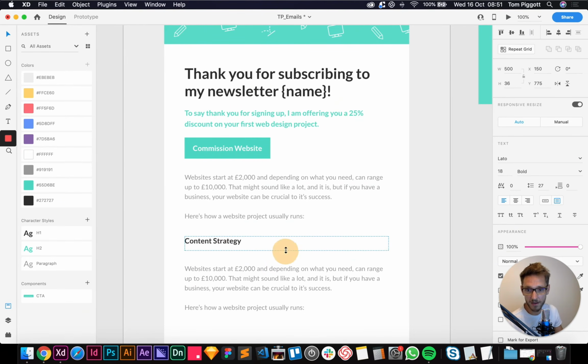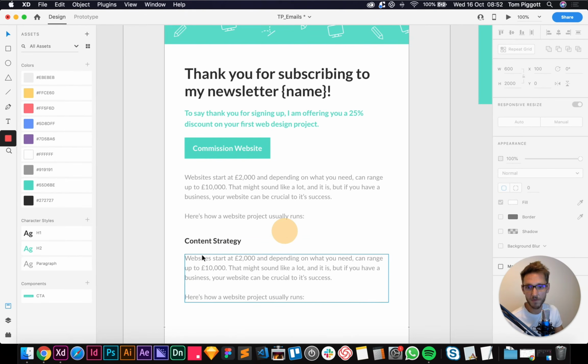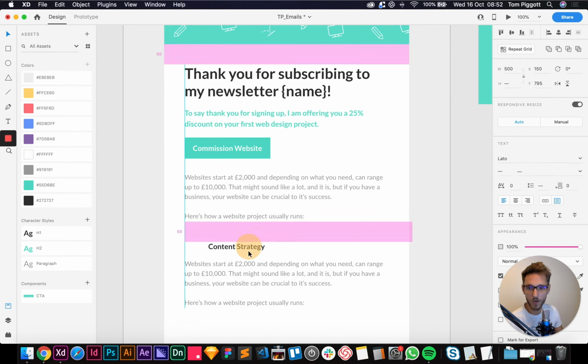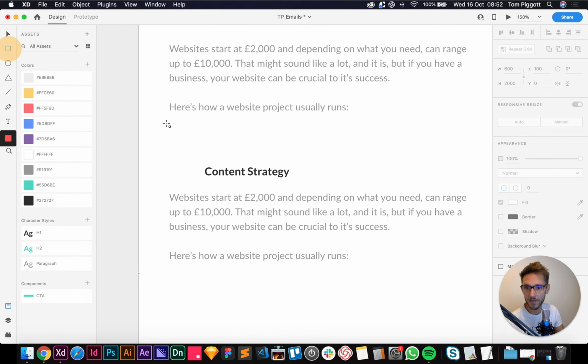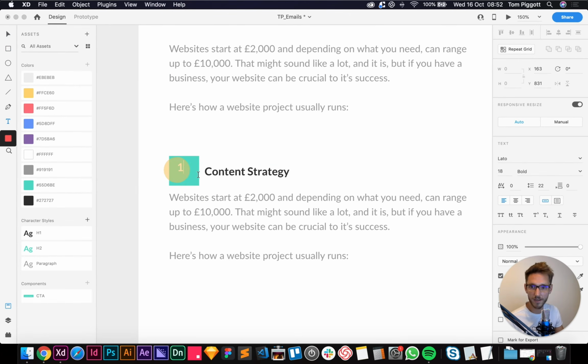Come in here, paste that, bring this box up like this, and as we did before, I'm probably going to make this 20 pixels below that because these are connected. And then what I might do is add in something to make it look a bit nicer, a bit easier, because I think it's looking a bit word heavy. So what I'm thinking, we can have a little box here, and we can say this is going to be number 1. So we can just put in a big 1 in here. Maybe if I make this an H1, but make it white, this might look pretty cool. And we say 1, content strategy. So something like this looks pretty good, I think.